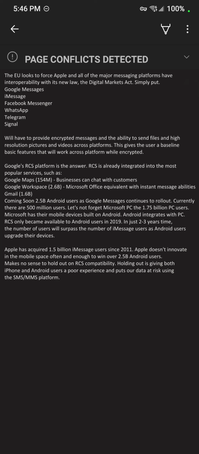It's going to be inevitable that, just in sheer numbers alone, you're going to have more than twice the amount of Android users that is going to have encrypted messages and the ability to send large files. So it doesn't really make any sense for Apple to hold on to the SMS and MMS platform,